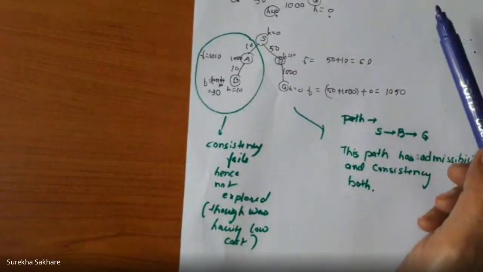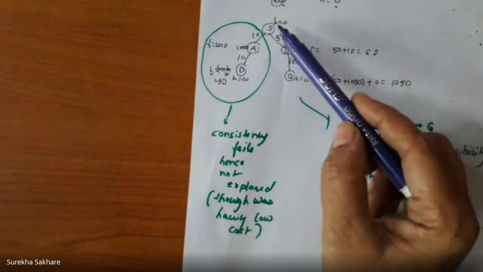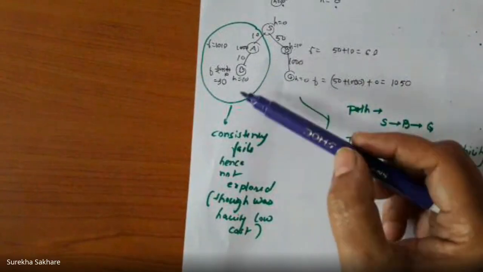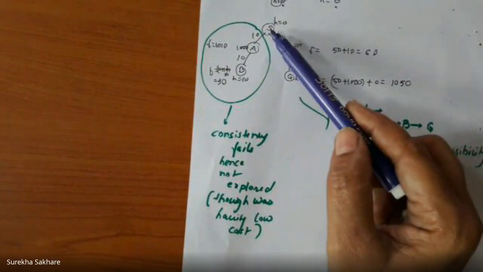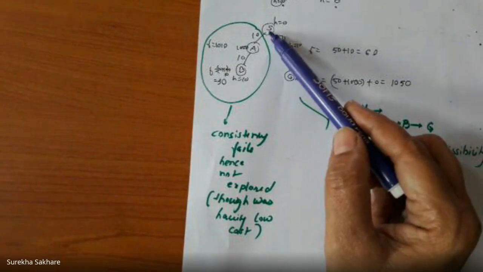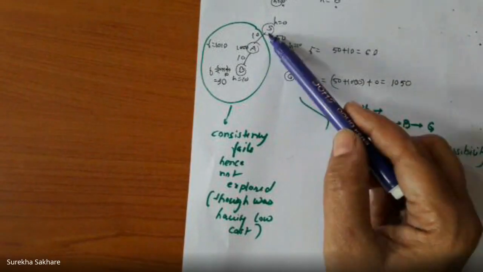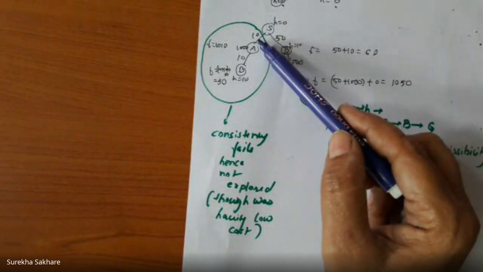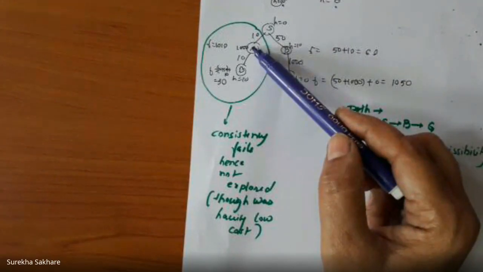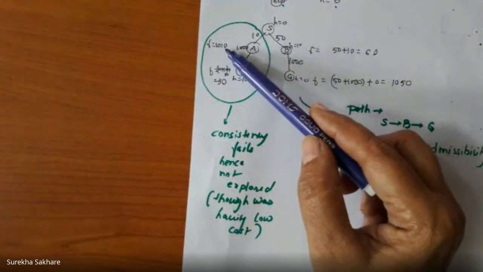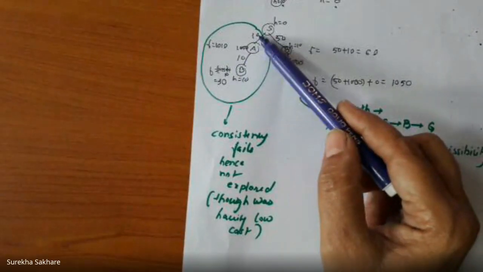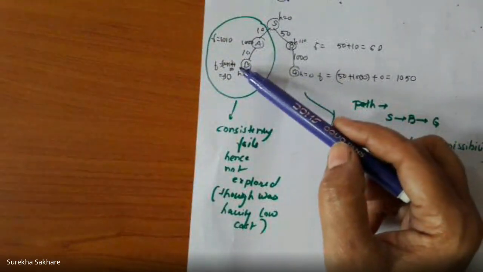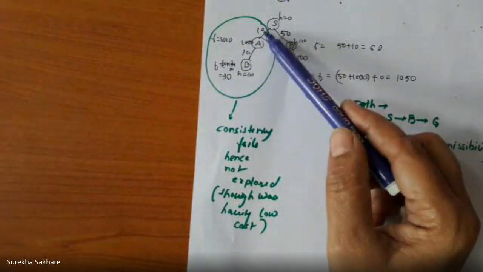So if such a thing is there, let us see what exactly happens here. Now, starting from S, you forget about the green. We will talk about it later. When I am traveling from S, I have two connections, one to A, the other to B. Moving on with A, the actual path cost between the two nodes is 10. Heuristic at A is 1000. So my F at this point will be 10 plus 1000, 1010. Next, when I move further from A to B, I have 10 plus 10 plus 10. So this is going to be 30.